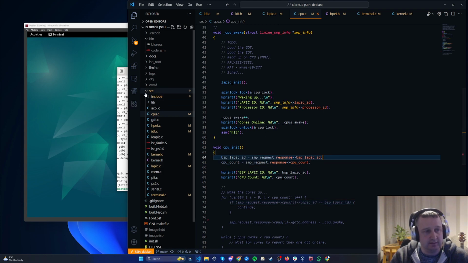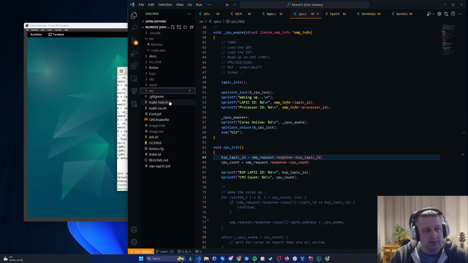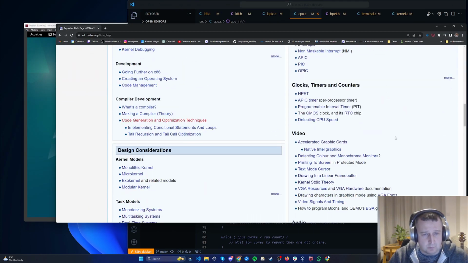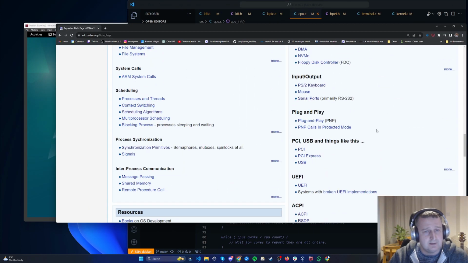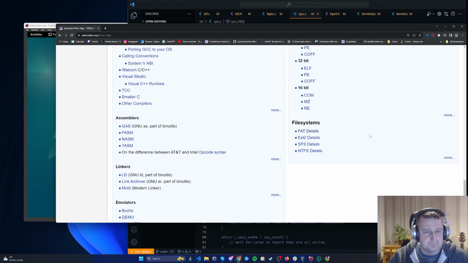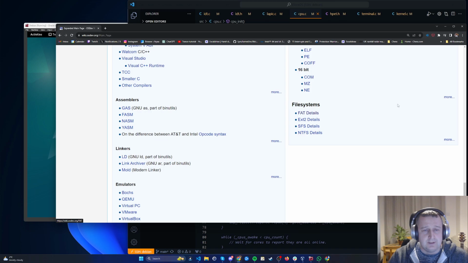And FAT32 is probably one of the easiest that you can develop. It's probably well documented, given how old it is. But yeah, so you can start doing different